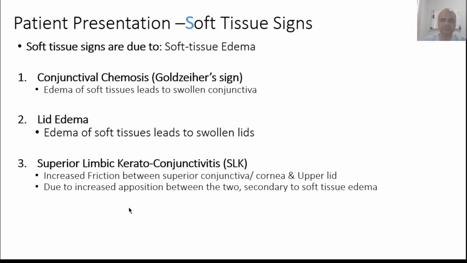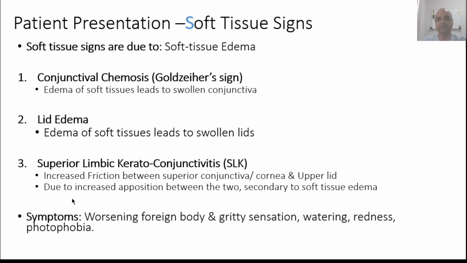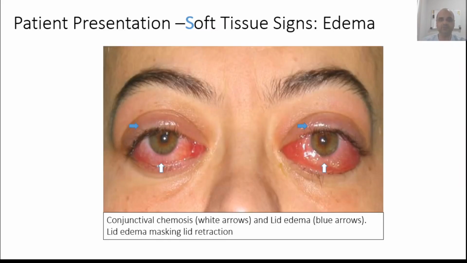I'll show you some pictures. Thyroid eye disease is mostly history and clinical presentation of a patient, i.e. pictures. So the symptoms are going to be very similar to what you saw before. They will just now continue to worsen. So this is what conjunctival chemosis or edema looks like. And as you can see, because of lid edema,